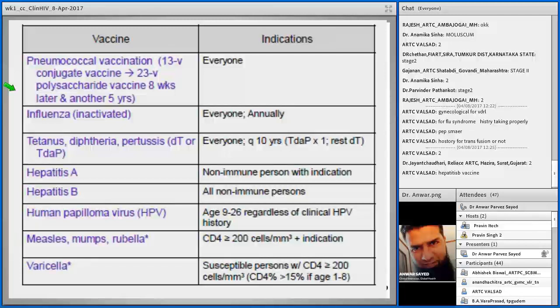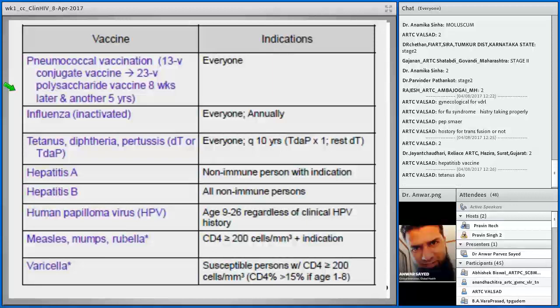Now, what about vaccines? This slide was again copied from Dr. Kim's lecture. The practices are not the same in the National Program of India as they are in the US. So, which vaccine should a patient receive today? In their scenario they give vaccine for these patients, especially pneumococcal vaccine. The answer is pneumococcal vaccine, which is very helpful because the risk of pneumococcal infection is very high in HIV positives. So they gave it to everyone.